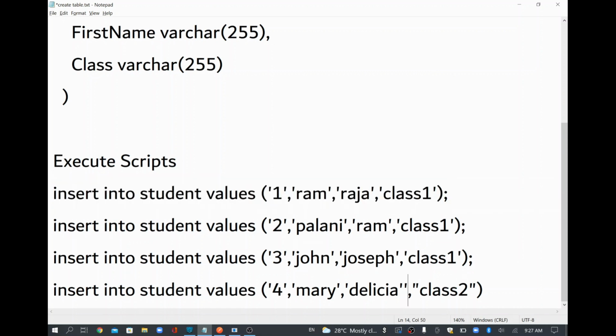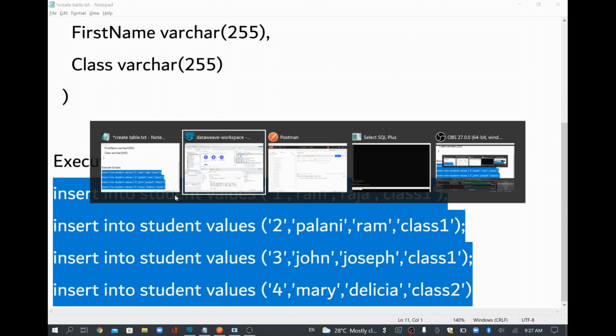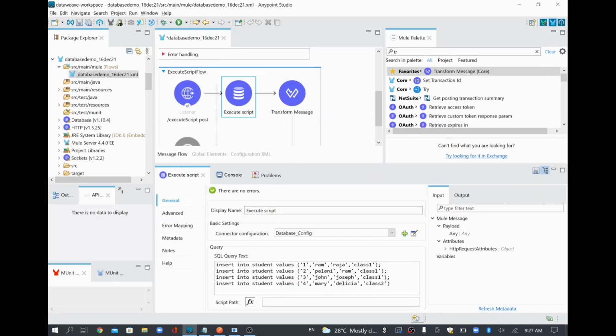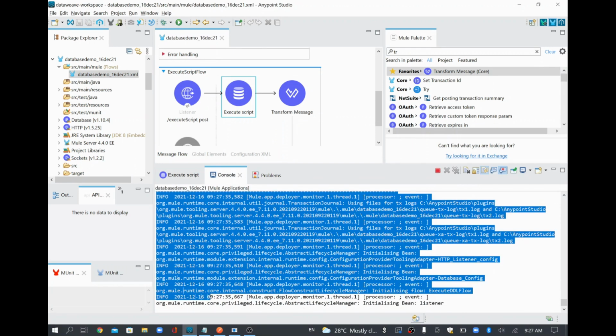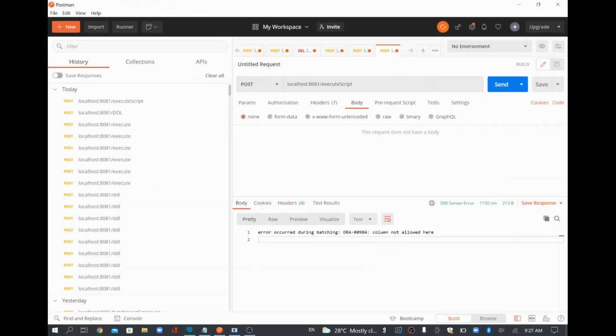Now I have almost corrected all the records, so I'm going to copy them now, because earlier I gave something wrong. That's why we were getting the 500 error. I'll save this one. Now the syntax looks correct, and I'll go and see the console. The project is getting reinitialized. Once the updated artifact is deployed, which it is now, I'm going to run it again.